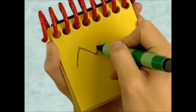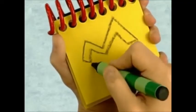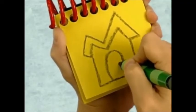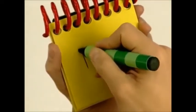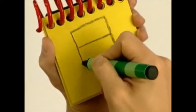So let's draw a jagged line for the roof, then some straight lines that go around like this, a curved line for the door. There, Magenta's house. Okay, and then down, right. Okay,